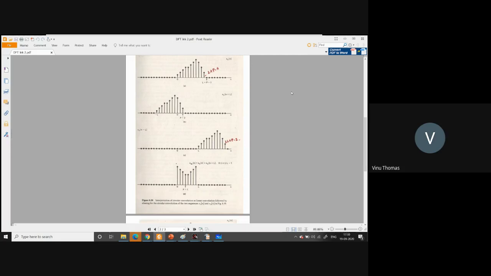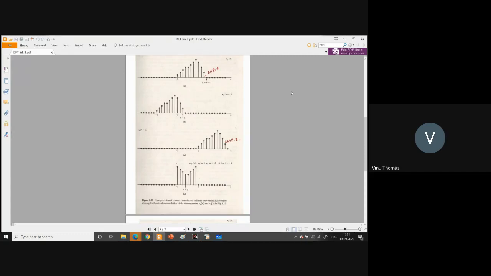So if you are doing a circular convolution and you require that all the samples of the circular convolution are the same as those of the linear convolution, what should be the value of N? The length of the signal is L, and the length of the second signal, or the filter, is P. You know that the linear convolution will have L plus P minus 1 samples. So you should be doing at least how many points in the circular convolution for the result to be the same? It should be at least equal to L plus P minus 1.